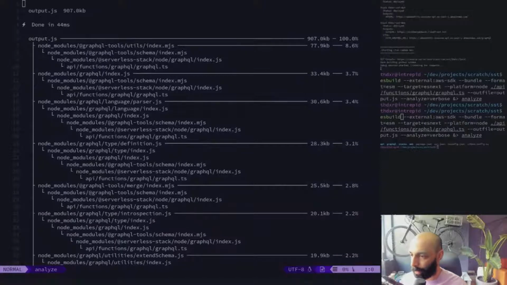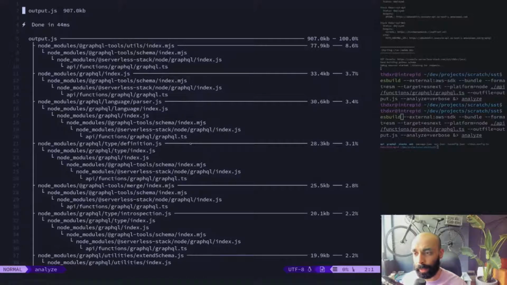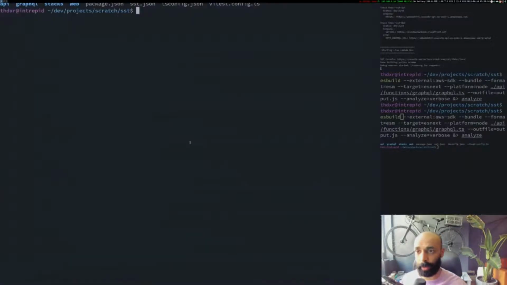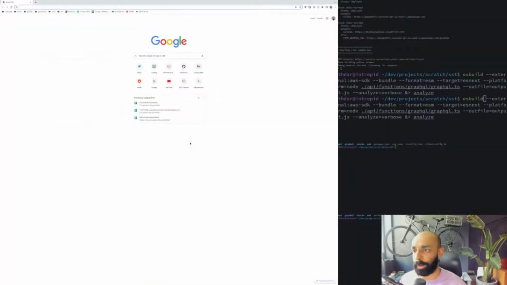So the next thing, I thought it would be interesting to try a public library, just a standard popular library that people use, and drop it in just like you normally do, and see how it affects the bundle sizes. Because we're talking about GraphQL, a lot of people are using Apollo inside of Lambda. There's an Apollo Lambda library that helps you do that. So I thought we could create a function that is using that and see what the